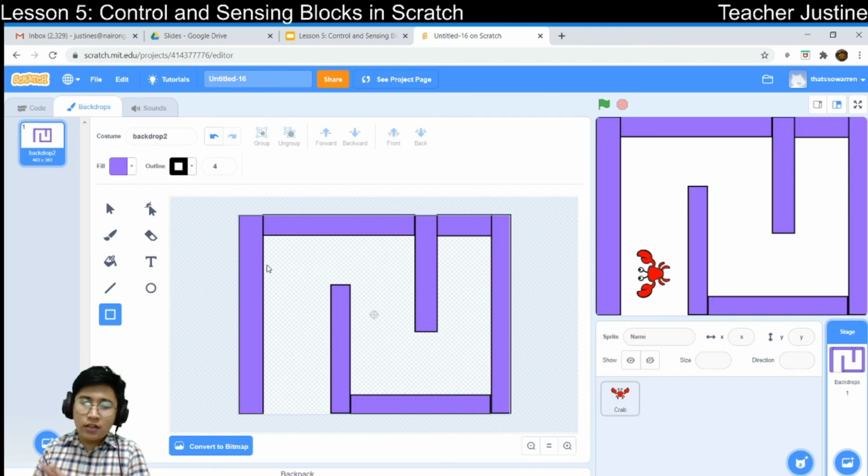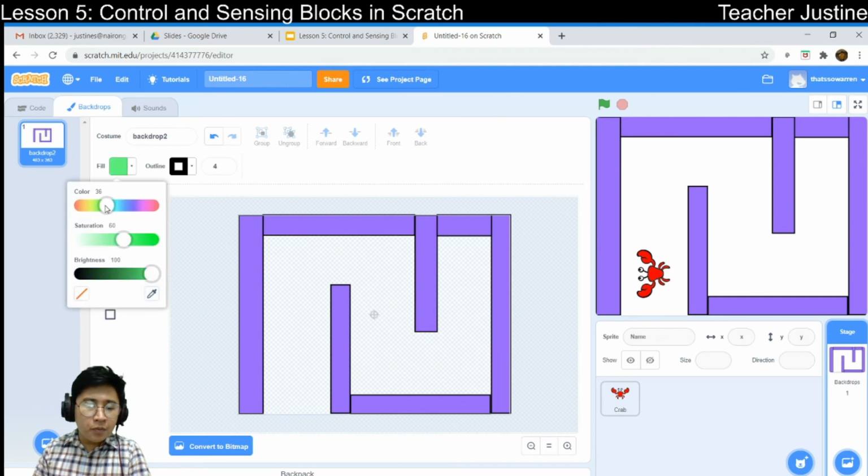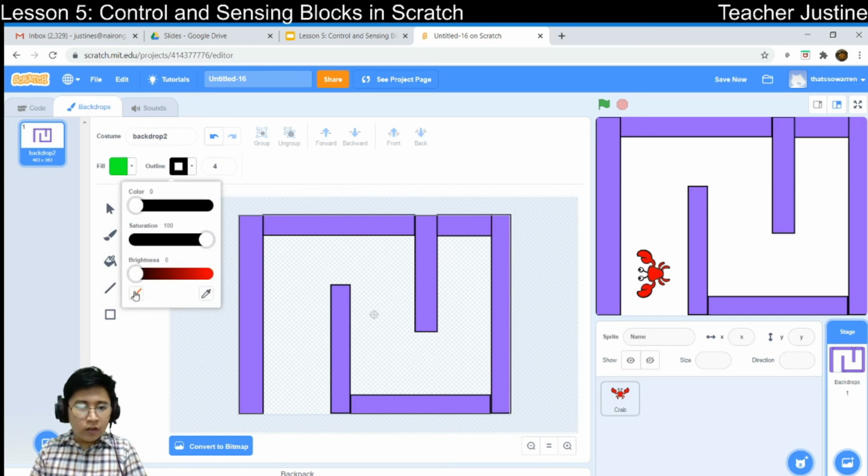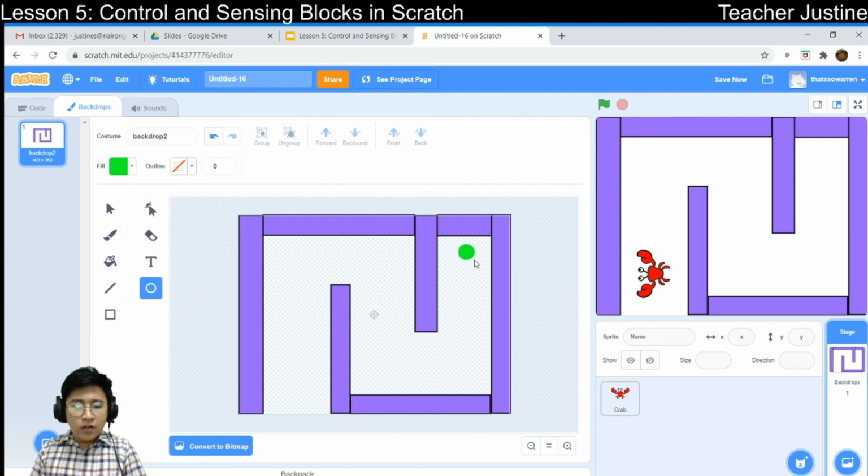This is just an example. So let's say we want to put here a color green. Let's change it and remove this. A green circle. So this will serve as a portal for the crab that will say that we are